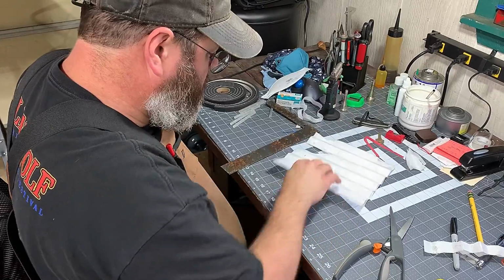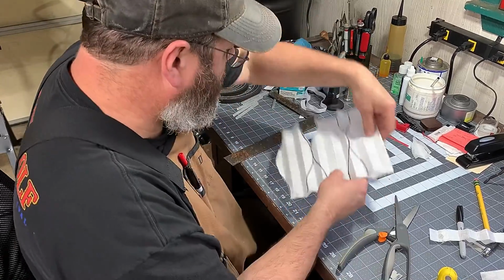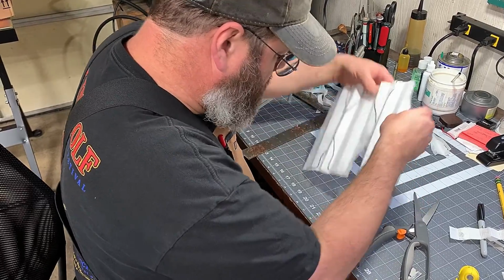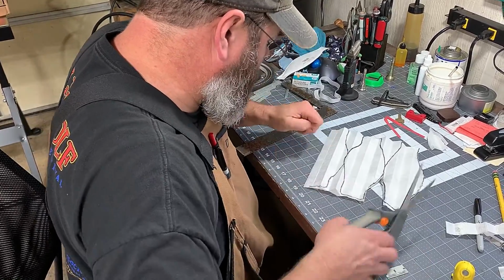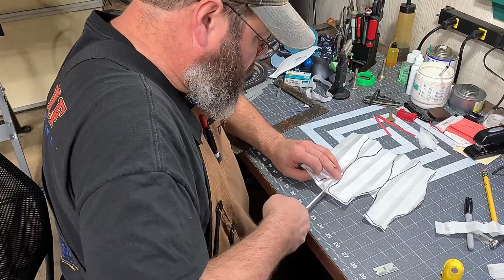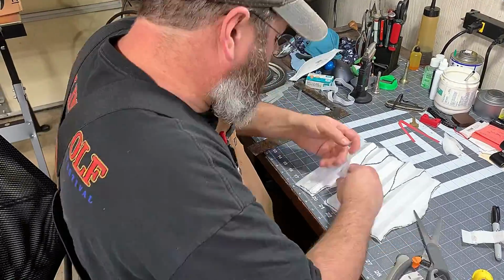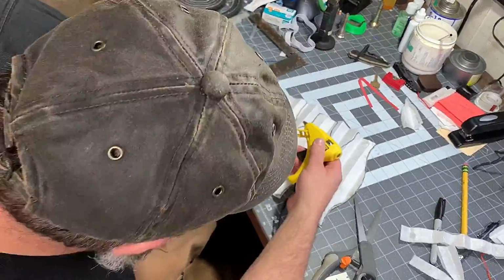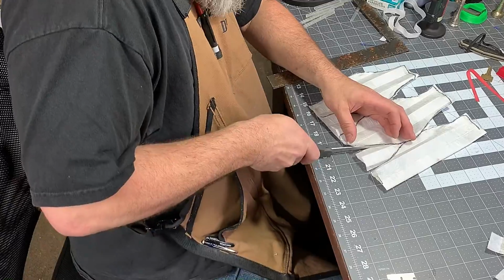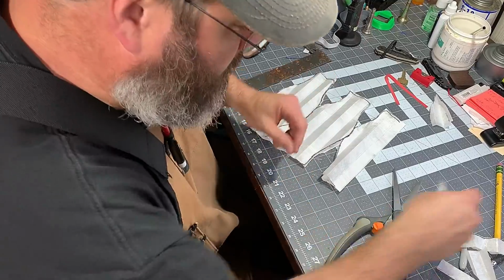honestly, if you feel comfortable with doing that yourself, go right ahead. Trying to offer an alternative and give you something to do with a little bit of your time. Most everybody has all this stuff in their house, so you don't really have to go out and buy anything. Okay, we're getting closer. The problem with using a bandana or something is that you're not collecting any of the